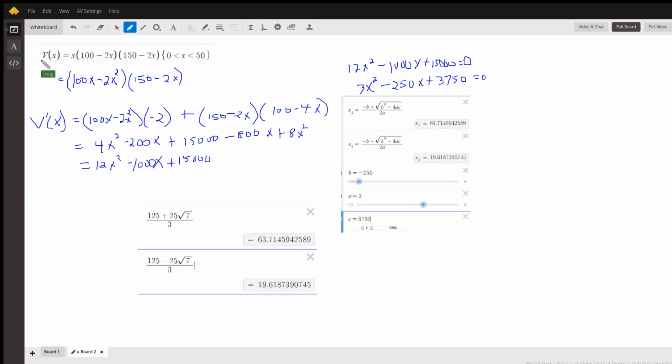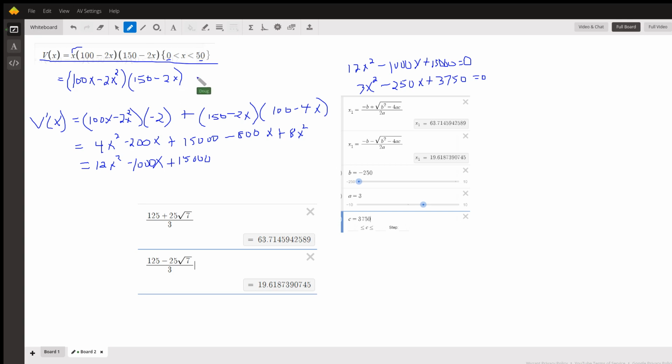Okay, well, here's your volume function. We can't reach a maximum volume at the endpoints of the function because the function is undefined there. So we want to find the critical numbers for this function. Where does the first derivative equal 0? And if I distribute this x, I get 100x minus 2x squared. I could multiply this all together